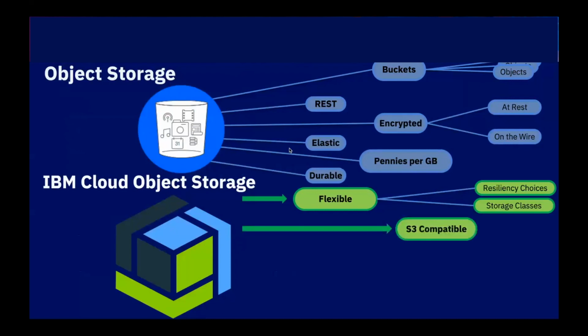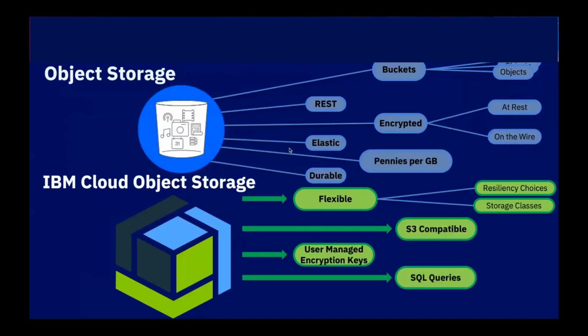IBM Cloud Object Storage, like actually most object storages, is S3 compatible. So you have solutions that are built on AWS S3. You can also run them against the object storage because it's 100% API compatible. And we have user-managed encryption keys, so with IBM Key Protect, basically the user can control the keys that are used to encrypt the data there.